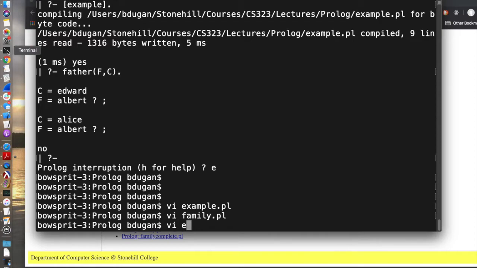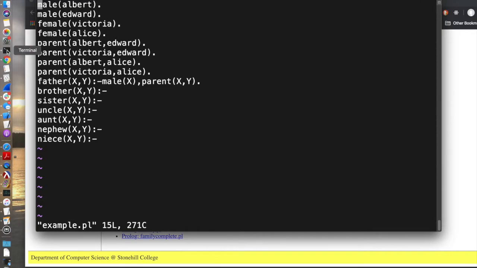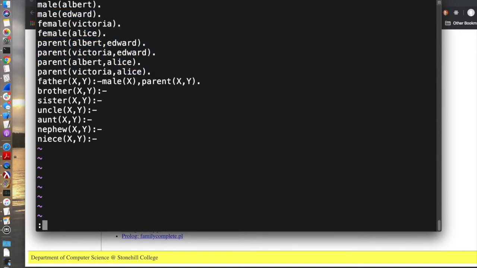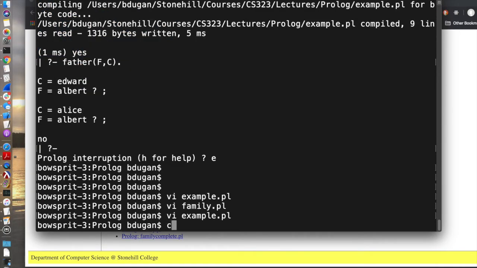And I'll show you how to use that. I think you can load multiple, I don't know, let me think about how we want to do this. I think what I'm going to do is just cut and paste that family information in here, starting here. So here's how I'm going to do that. Oh, this is kind of cheesy, but